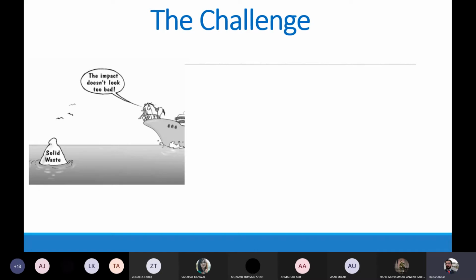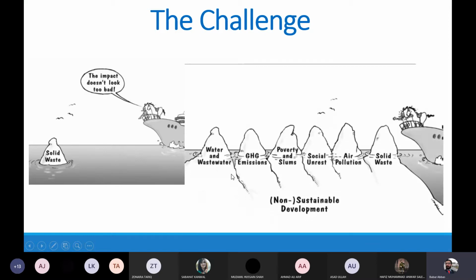It is more or less a similar condition: we just see a single aspect, that is the solid waste, but we do not look at the associated or allied problems which can cause a lot of issues in terms of community development. And if we categorize those problems which are associated with this single issue, those can be like in terms of